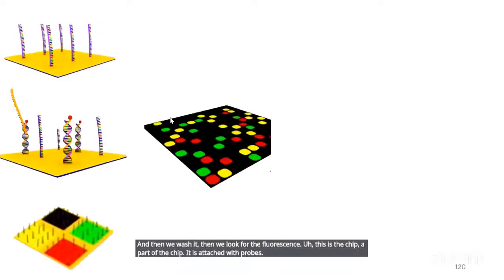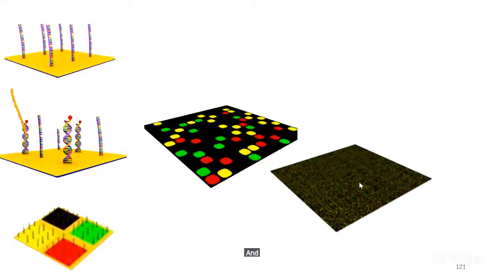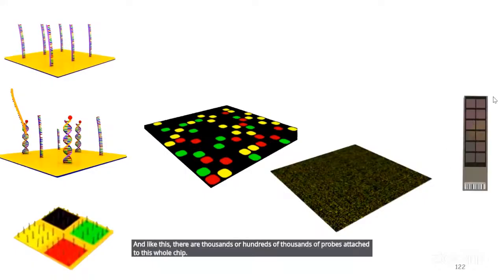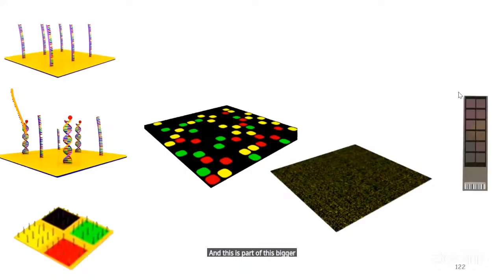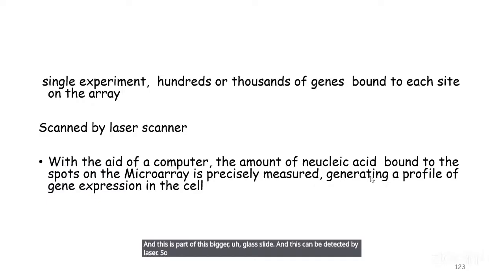probes. And if we add the sample and the sample is complementary to these probes, it will bind along with the fluorescent molecule. And this small area is part of a bigger area on the chip. And like this, there are thousands or hundreds of thousands of probes attached to this whole chip. And this is part of this bigger glass slide. And this can be detected by laser. So the advantage is